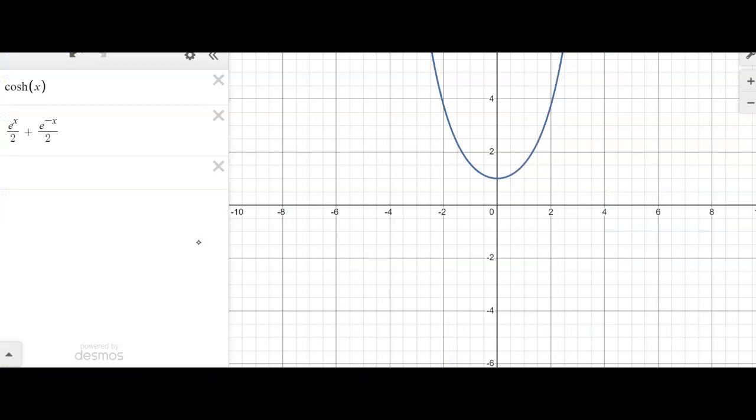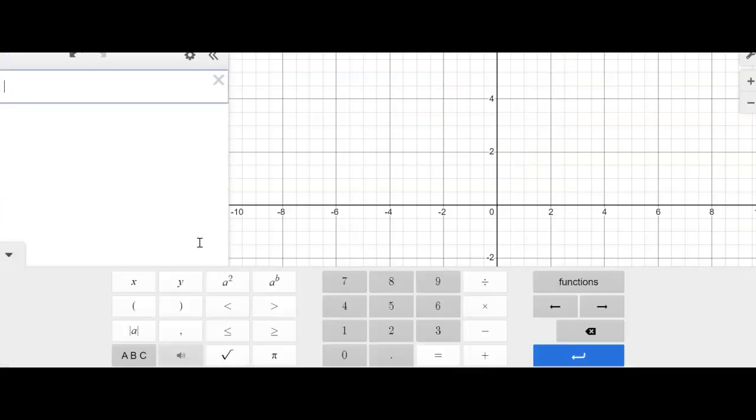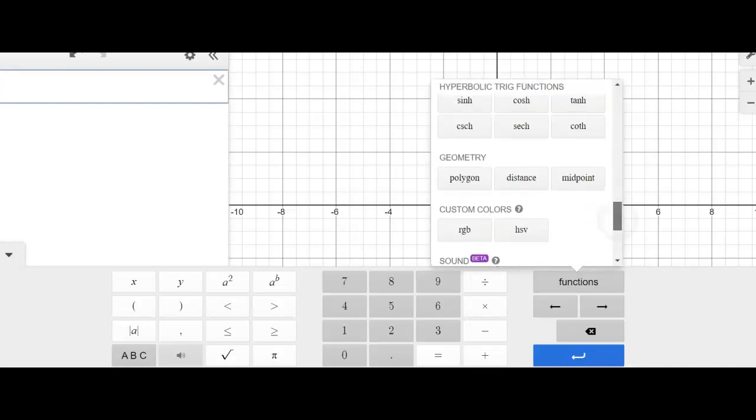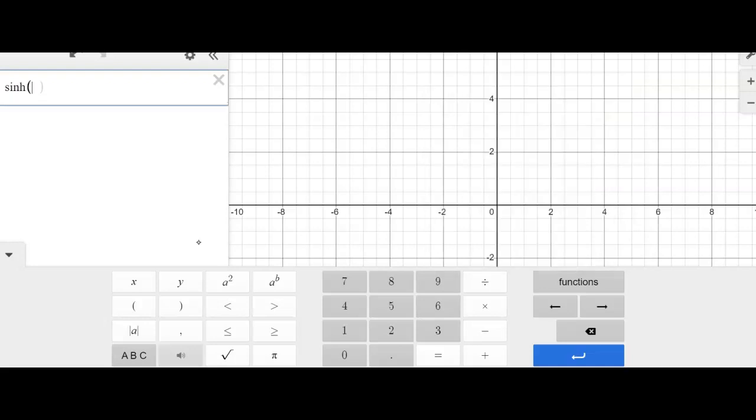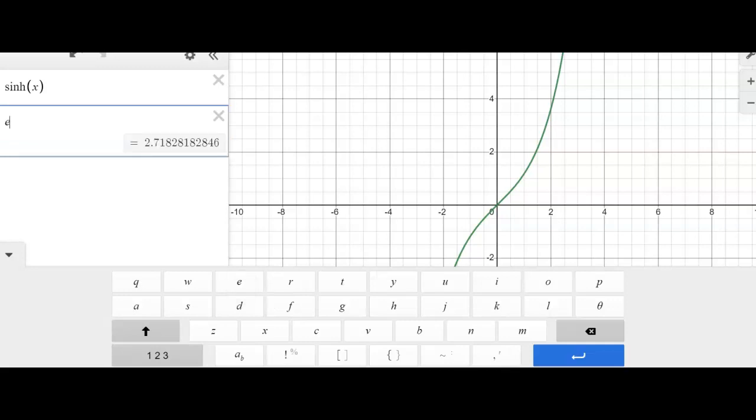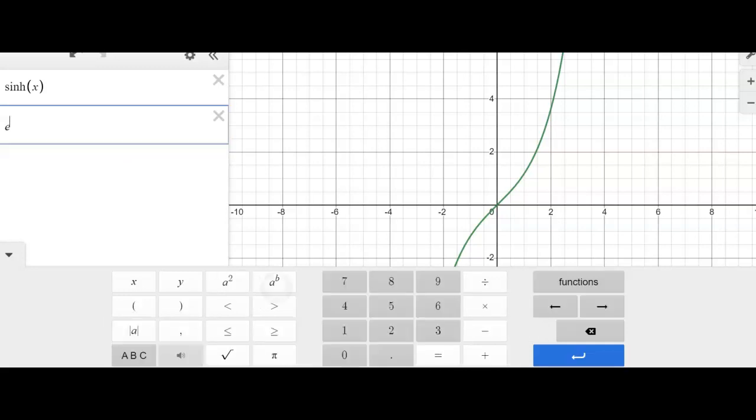Whoops, wrong screen. And I'll X out of that and X out of that and say, okay, let's put sinh on there. There it is. Just sinh of x. And let's start with e to the x. Well, again, not wide enough, so let's go ahead and divide that by 2. So since we've already done the last one, let's think about that for a minute. What do you think? I definitely need the other side, but now I need it